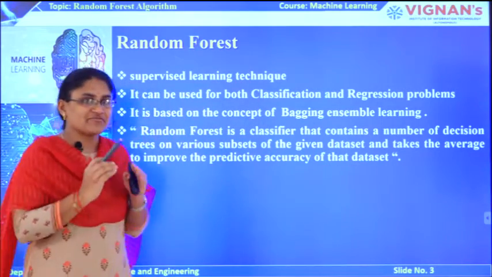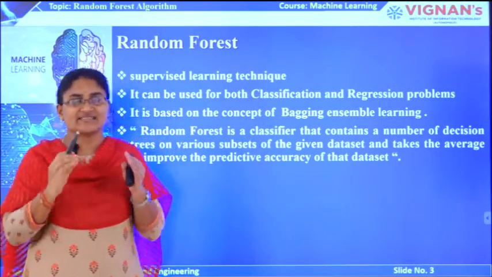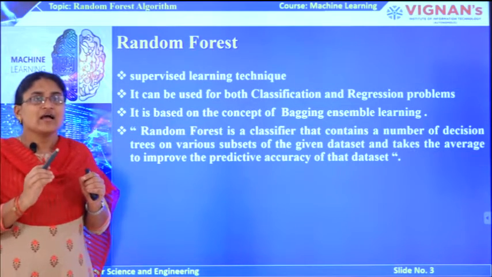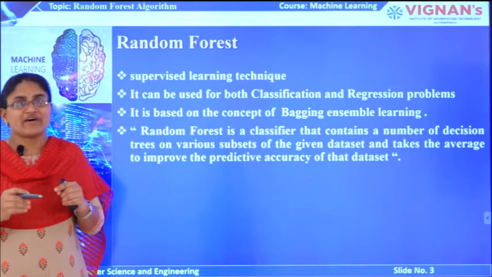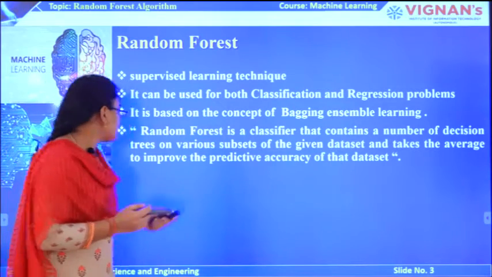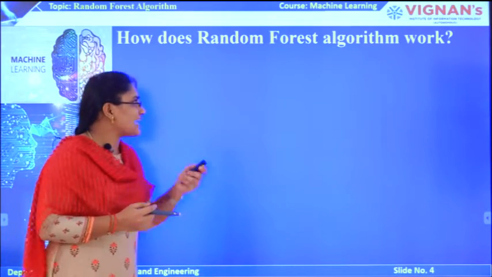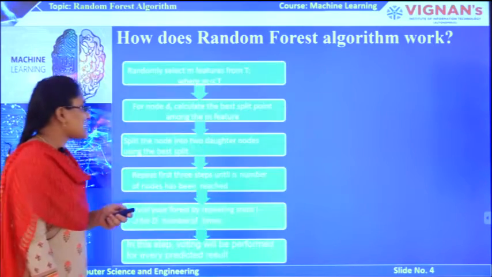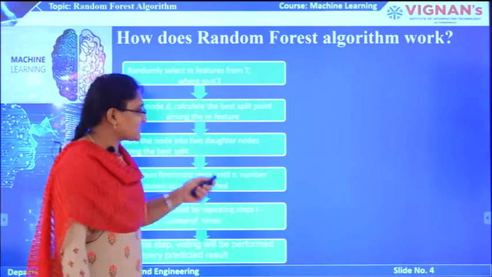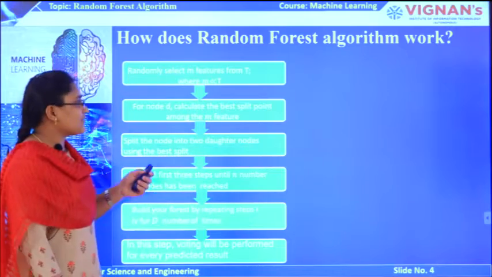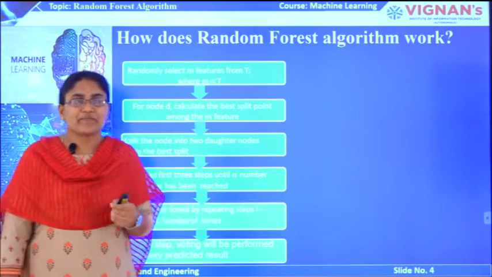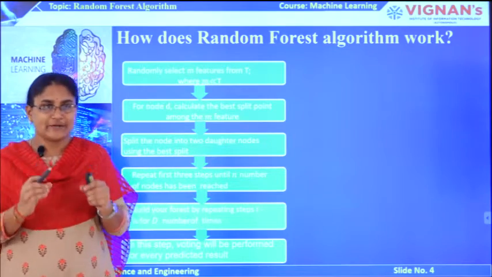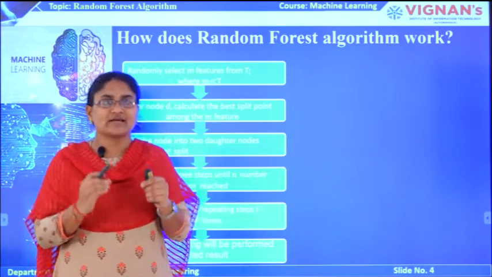This means the random forest makes a forest of decision trees and finally takes all the predictions of the decision trees as an average for our final model. This is nothing but the random forest. Now let's see how the random forest algorithm works. The random forest algorithm works in different steps. In the very first step, as it is a bagging algorithm, we have to divide the given data set into different subsets of random samples.